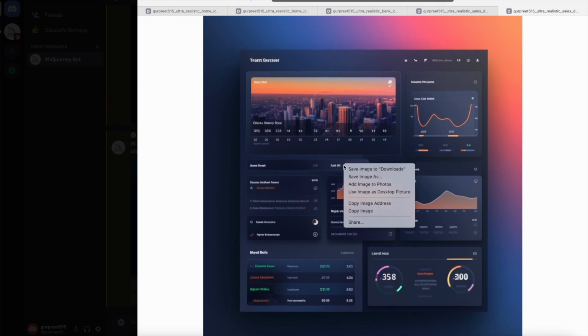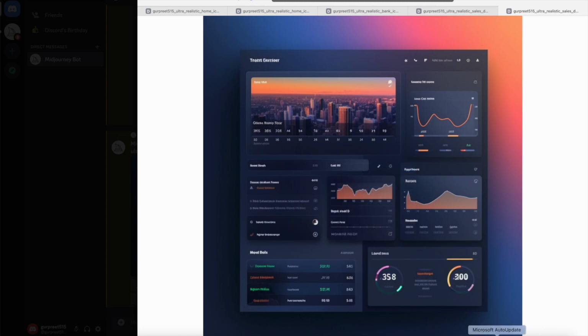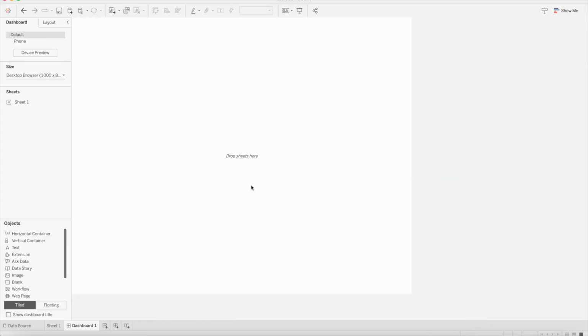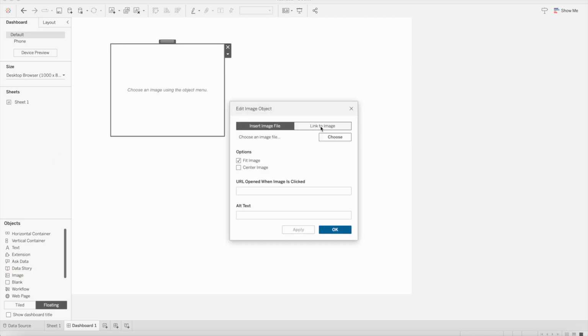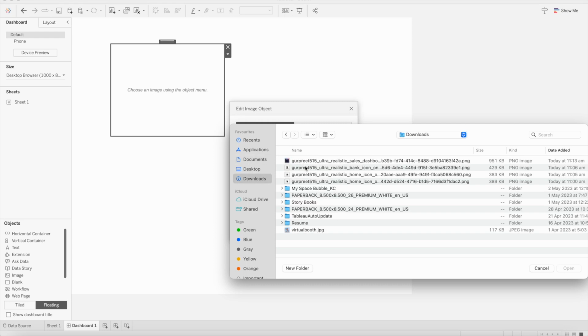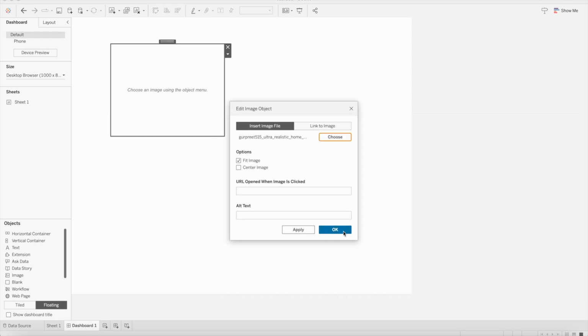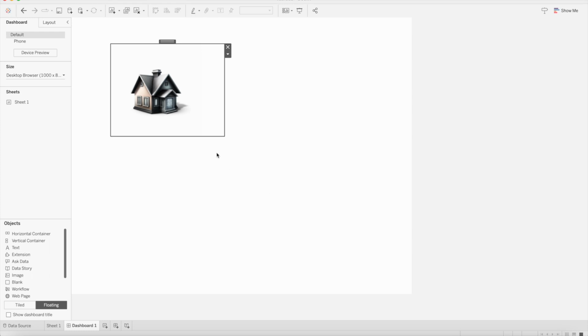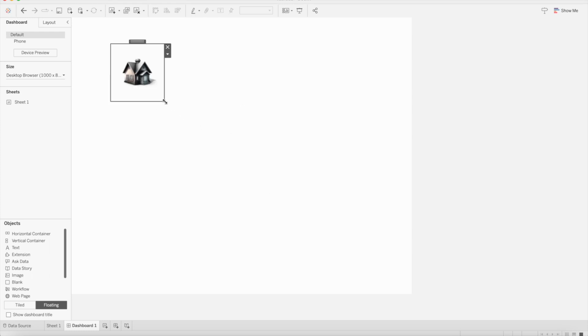So let's say we download this one and I would like to open Tableau dashboard, and here I would like to bring the images. So let's say I want the floating image, and I will bring the image for my KPIs. So I will choose the image from here. I will go to document and I will use the home image which we created, right? That looks really nice, isn't it? So we can then adjust it,